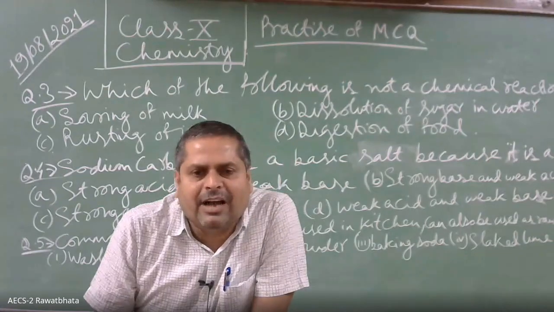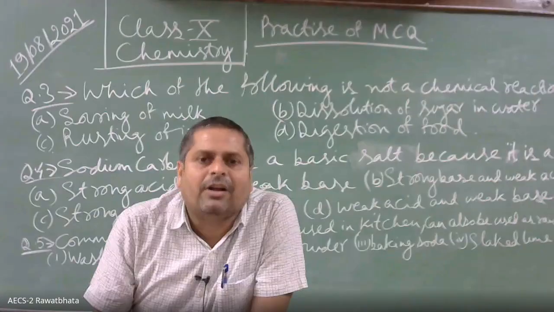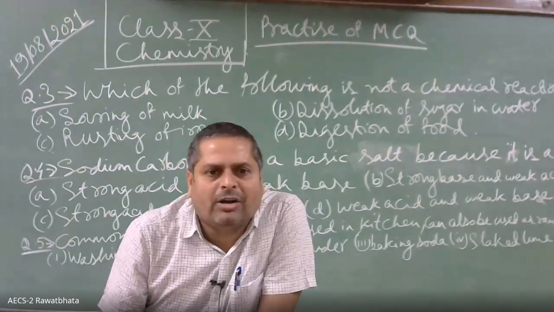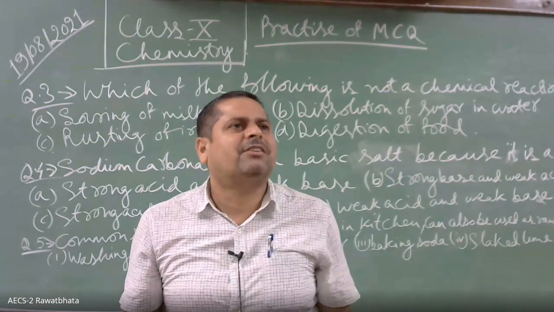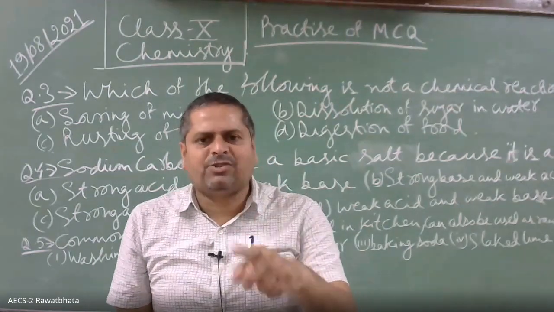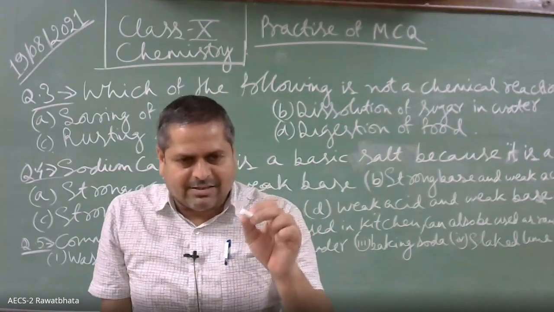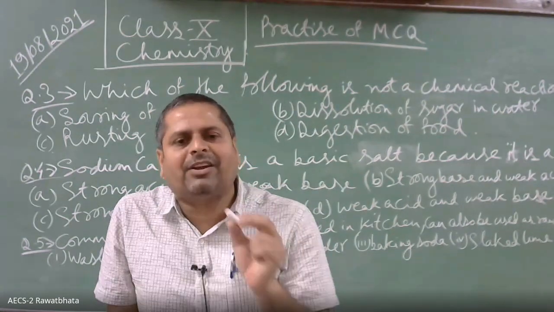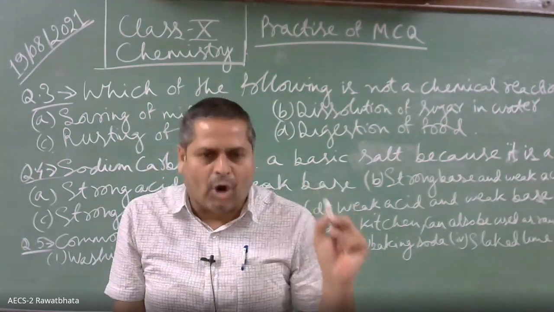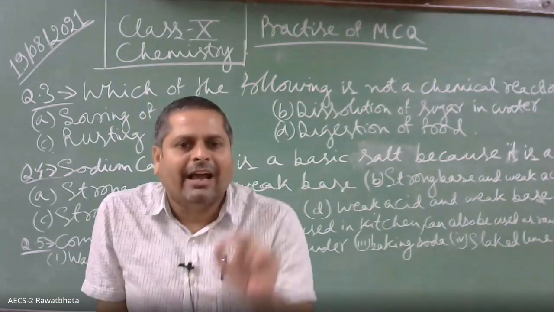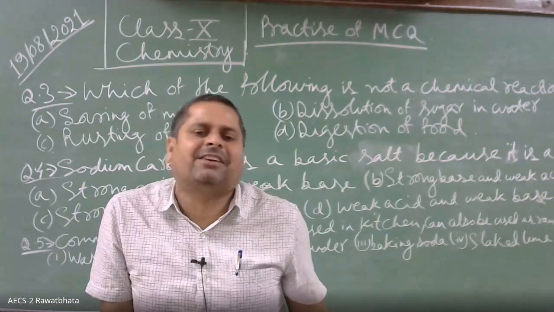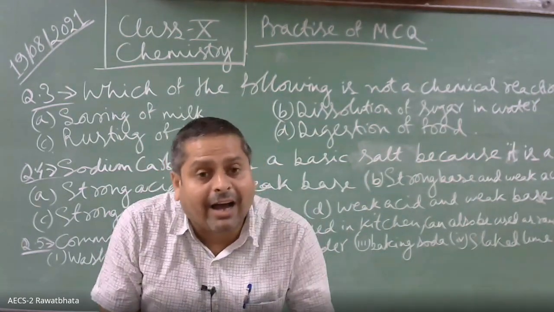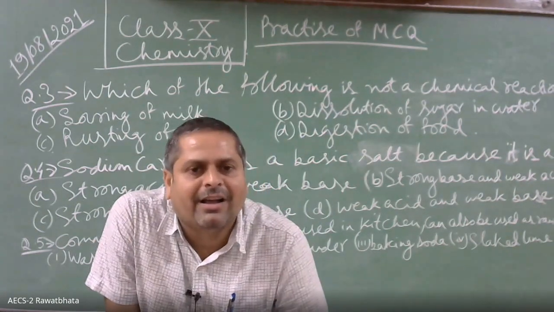Ipsita, can you give me one example of an acidic salt? Zinc chloride. Very good. Let us talk about zinc chloride. Zinc chloride is a salt formed by the reaction between hydrochloric acid, which is a strong acid, and zinc hydroxide. And zinc hydroxide is a weak base as compared to hydrochloric acid. So zinc chloride will be an acidic salt. Very good. Similarly, ferric chloride will also be an acidic salt.